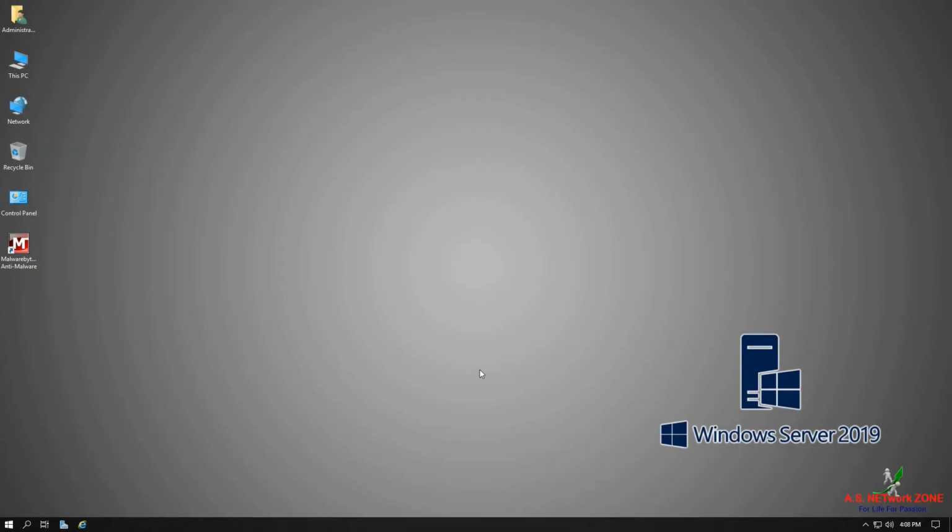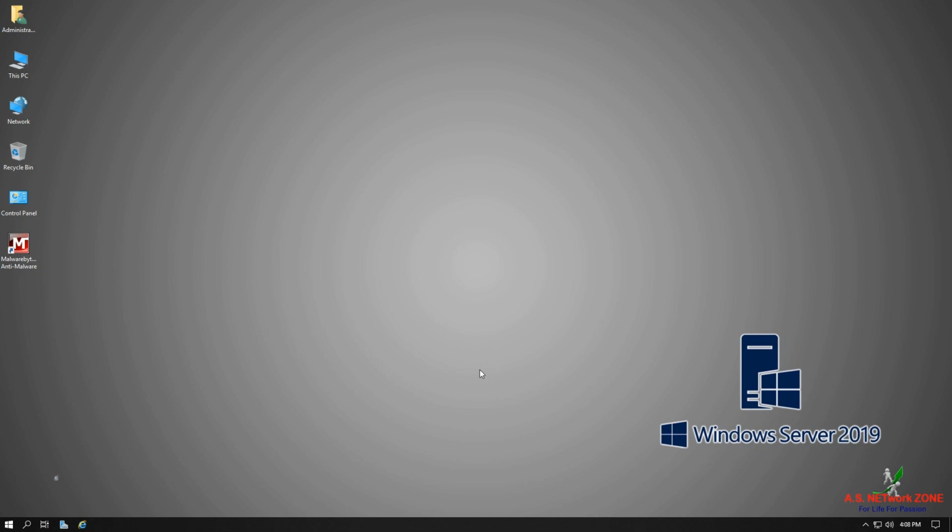So this is our hands-on lab server where I am going to deploy Active Directory Domain Services, and this is the same server where last time we installed Microsoft Windows Server 2019. But here I have done some customization, such as installing VMware Tools because it's a virtual server, and I have also set this wallpaper as the background of this server. Let us fulfill the requirements so that we can deploy Active Directory Domain Services successfully.